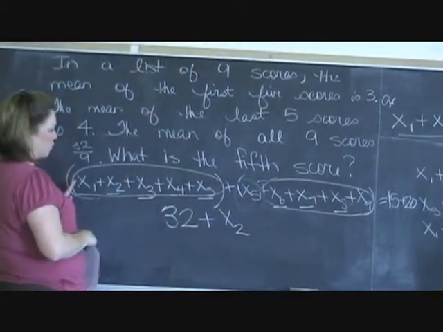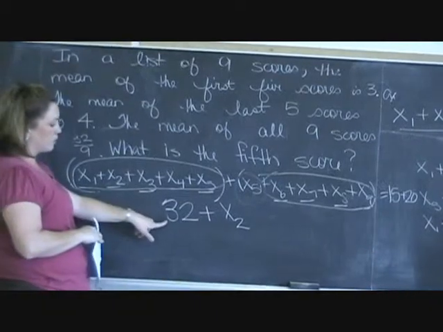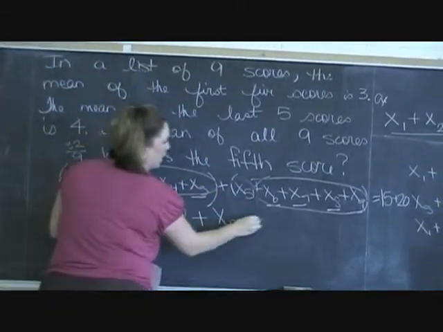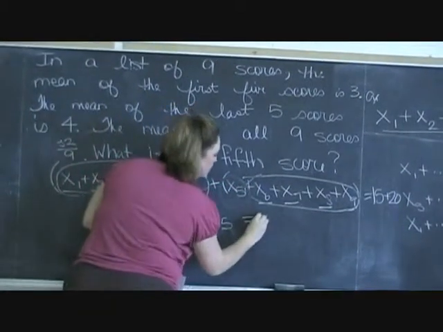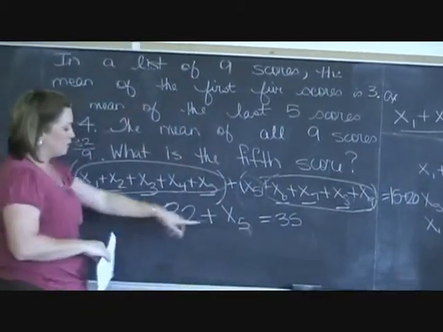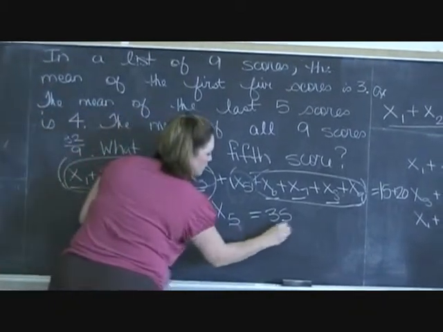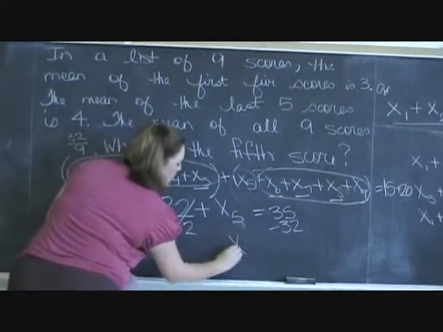So, scores 1 through 9 have a sum of 32, plus one more x sub 5 equals 15 plus 20, which is 35. Now, to solve for x5, you would have to subtract 32 from each side of the equation. And we get x sub 5